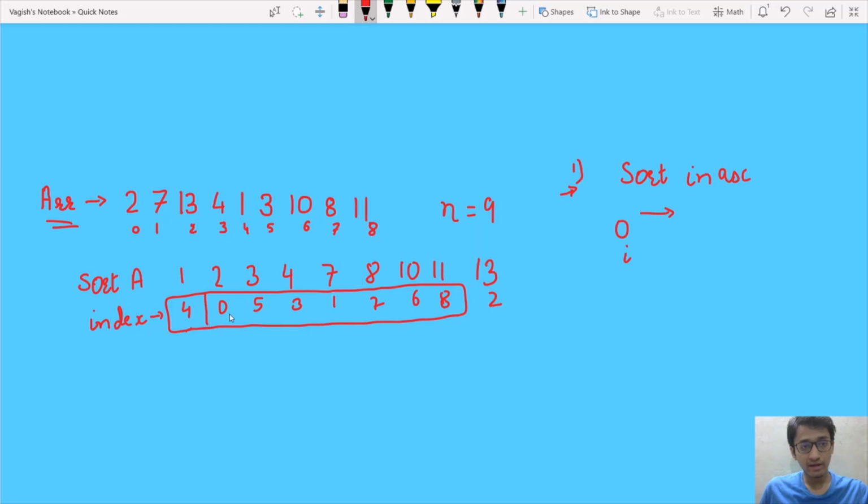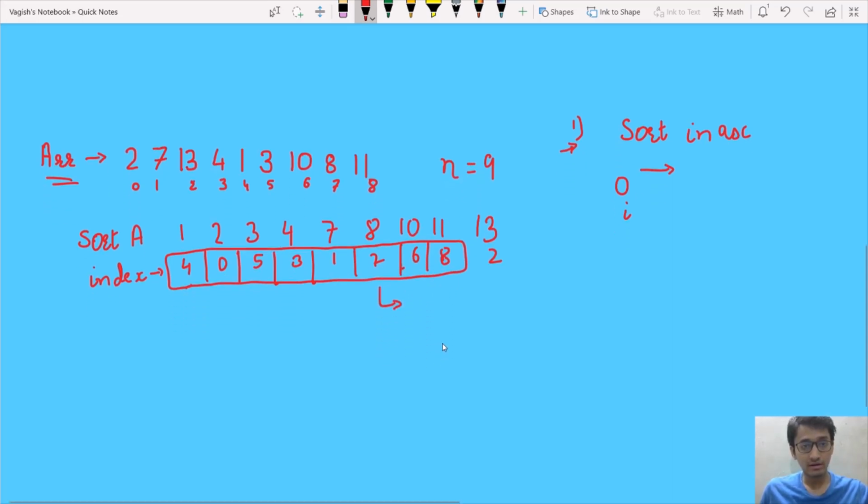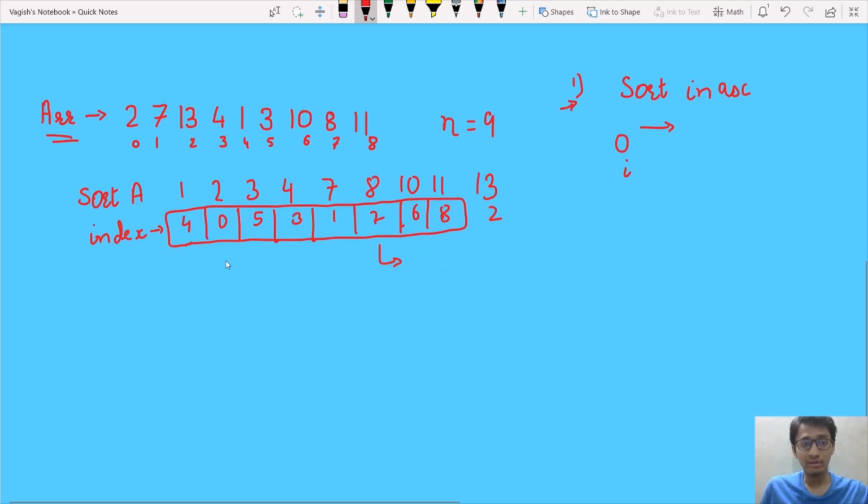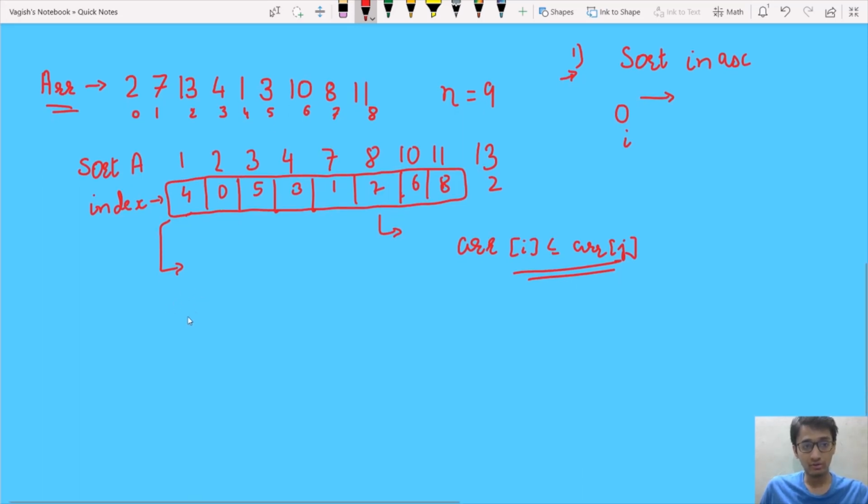Now if you take a deeper look at it, you can see that our problem has reduced to just finding the maximum difference out of any two elements of this array, because we have fulfilled the constraint, that is ARR of I should be less than or equal to ARR of j. We have fulfilled this constraint. Now in this array we just need to find the maximum difference out of any two elements of this array. So it is quite a famous and an easy problem. So let us see how we can do that.